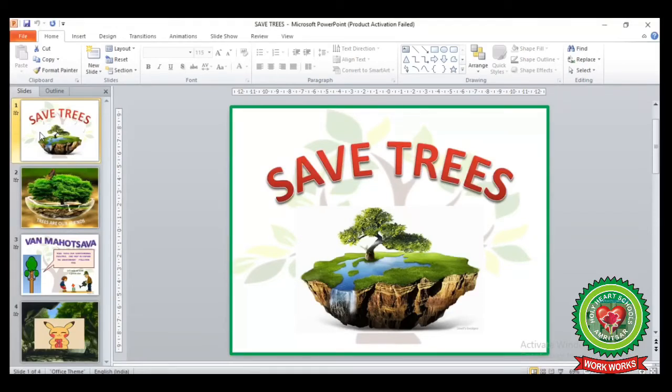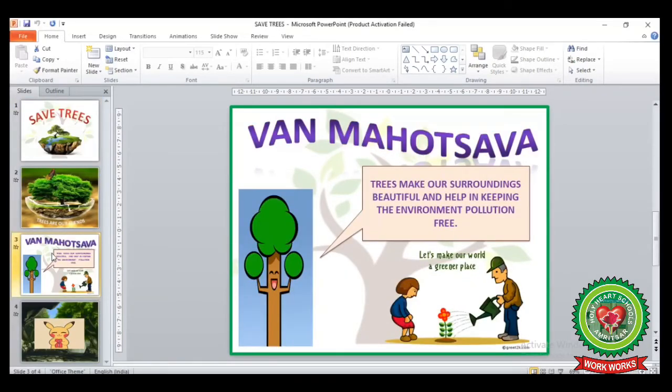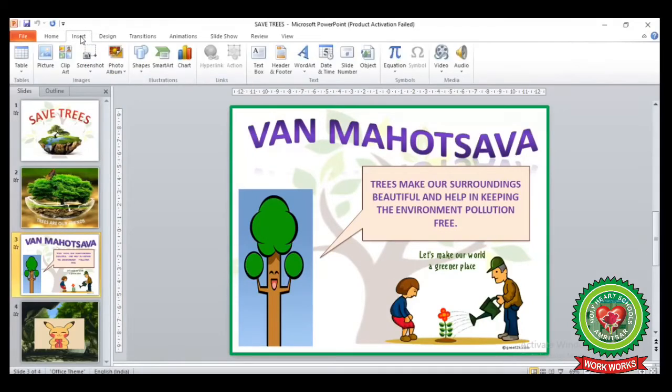First of all, select the slide on which you want to insert your recorded sound. For example, I am going to select slide number 3. Then click on Insert tab. In Insert tab, under Media Group, you can see the Audio button. By clicking on the drop-down arrow of this audio button, you will get different options: Audio from file, clip art audio and record audio. We will select the option record audio.